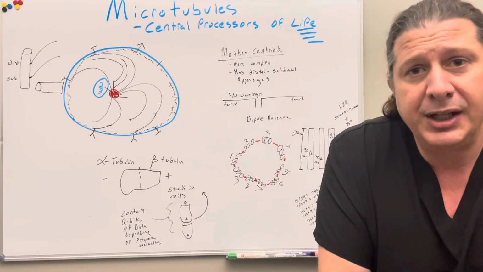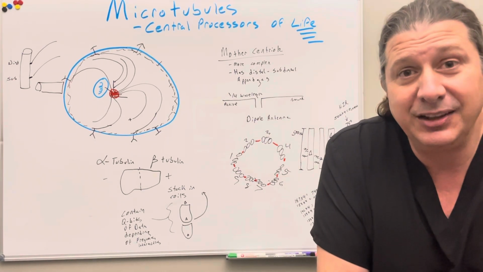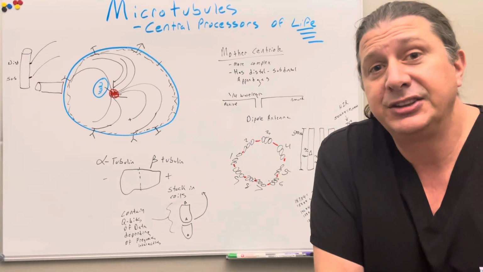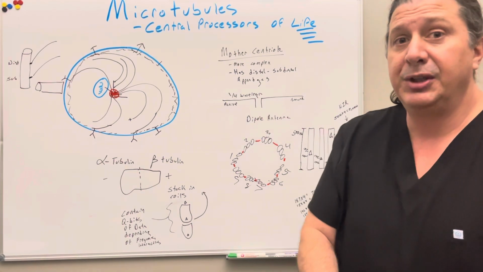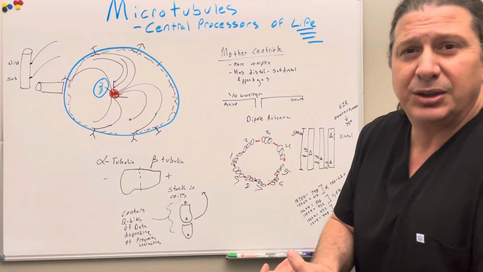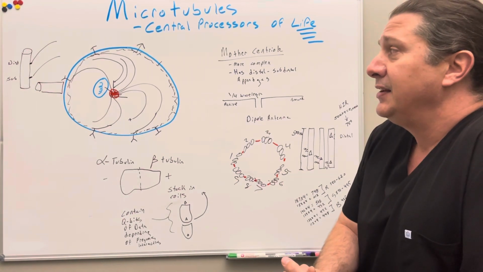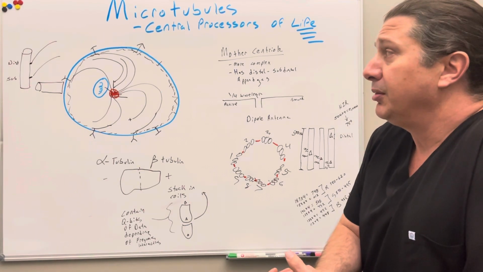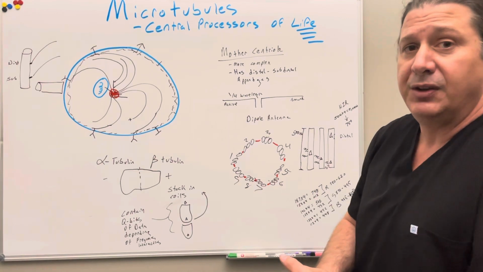But right now I'm going to go right back to a cell though. So this could be any cell of the body. It's getting electromagnetic energy either through the biophotonic system, or it's at the surface like a keratinocyte would be. So we need to discuss microtubules and basic cytoskeleton of a cell. Proteins take on many forms in cellular life. Enzymes we talked about. But what's very important is we have a system in every cell called the cytoskeleton, which